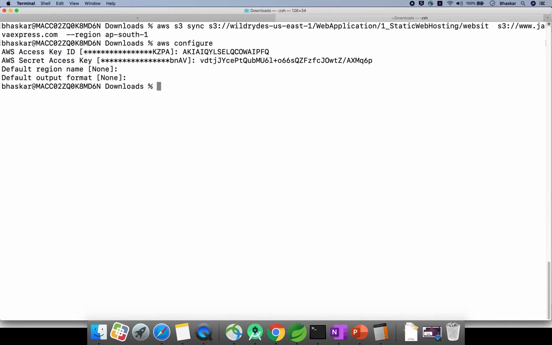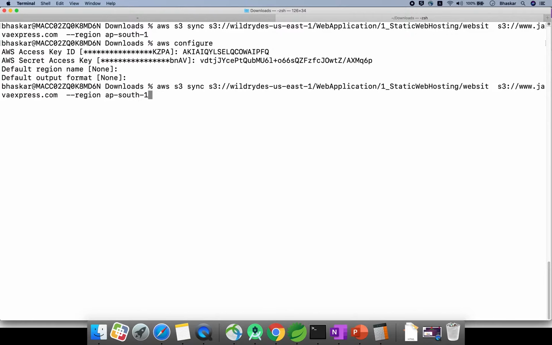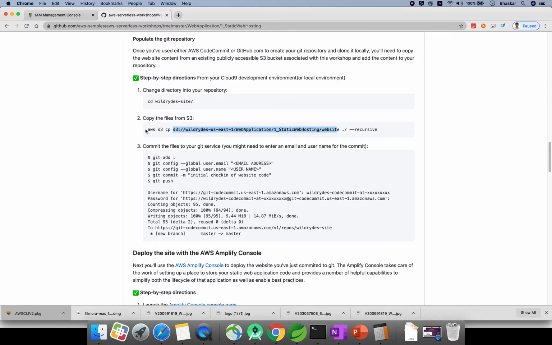Now you are inside your AWS account. What you will do is again copy and paste your command here. It will start to copy all files. So some issue has happened. What we'll do is go here, copy the whole thing, aws s3 sync.